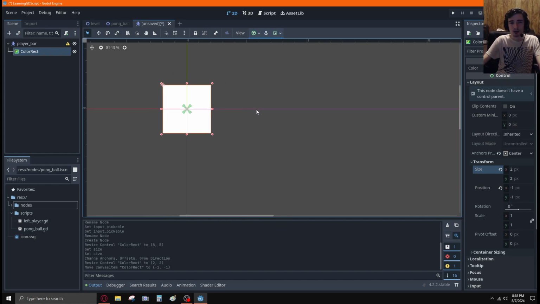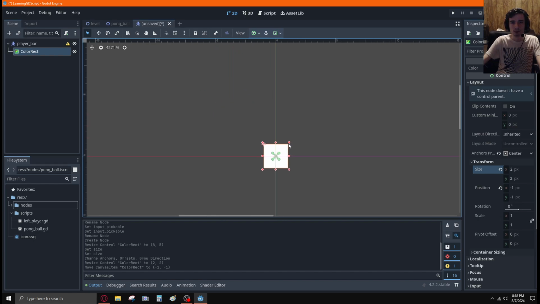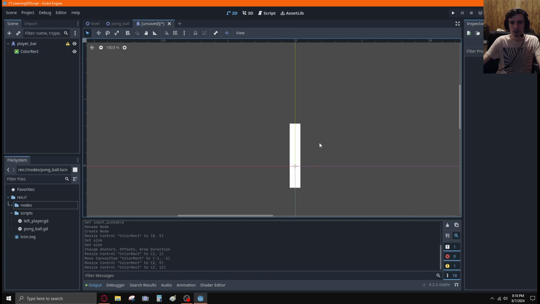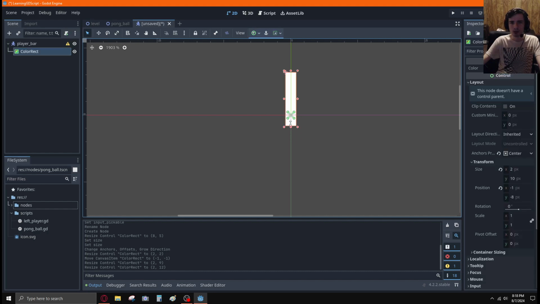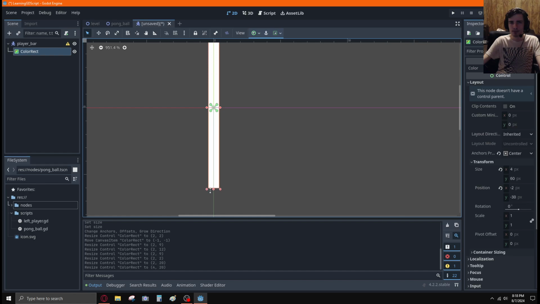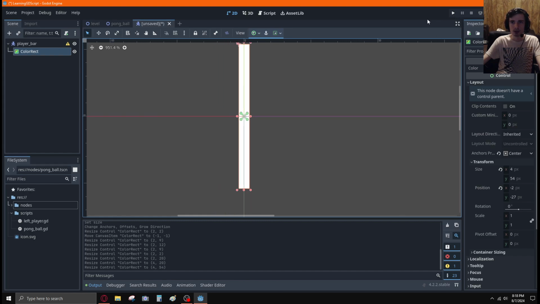That's fine. Whatever. Oh, and I can do Alt on this. And I'm gonna make it a little thicker. And then I want to make this, oh, actually,